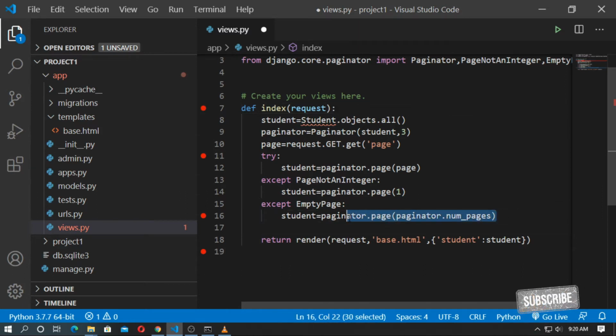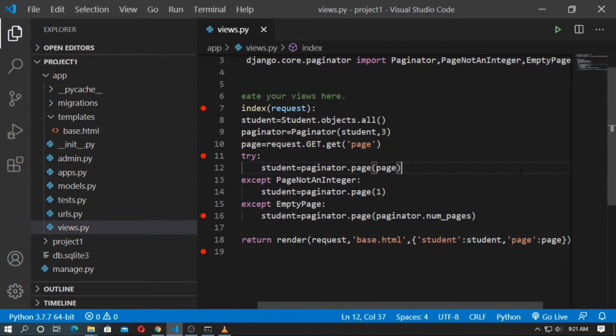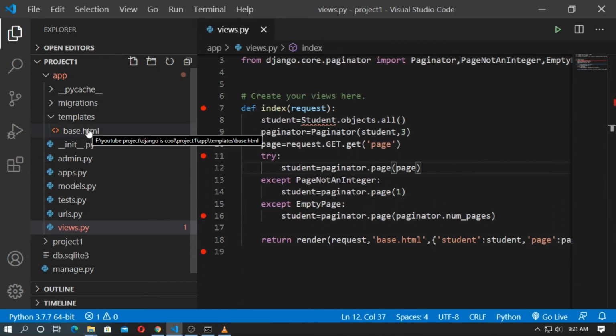This is for if page is out of range, deliver last page of results, and the PageNotAnInteger is for if page is not an integer, deliver the first page, means landing page. Now pass one more variable page, save it, and go to the base.html.